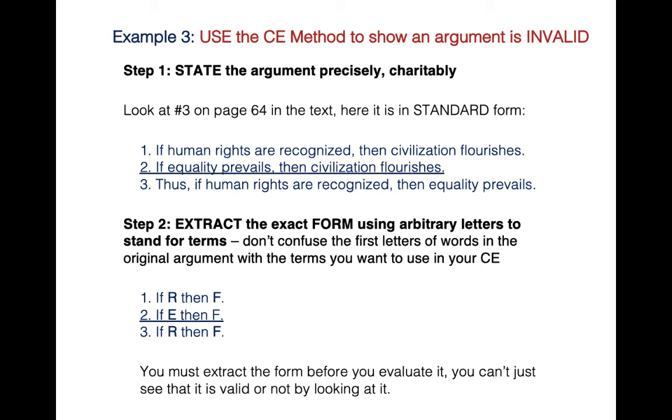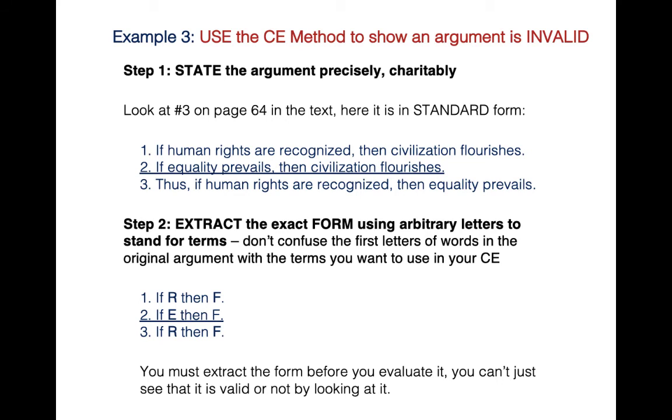F stands for civilization flourishes. E is going to stand for equality prevails, and F again already has been decided. We decided it stands for civilization flourishes. So the conclusion is if R then F. You've got to extract the form before you evaluate it. A lot of us get ahead of ourselves and start evaluating arguments. Even we evaluate the form